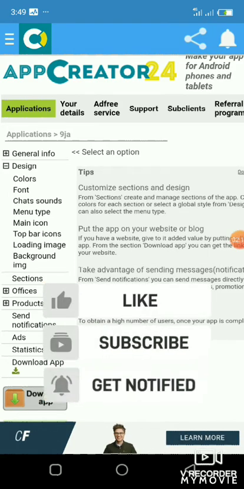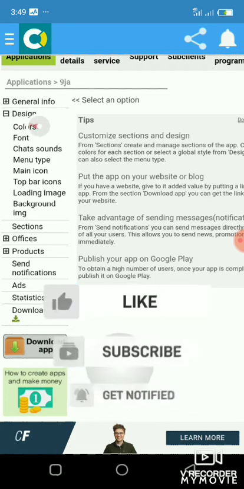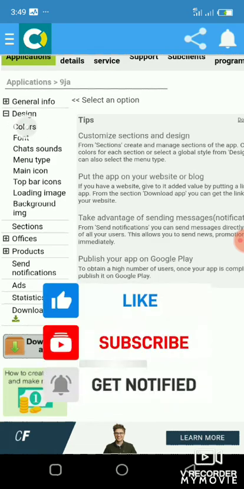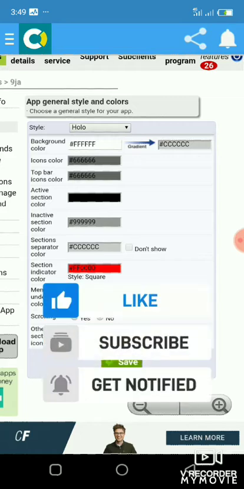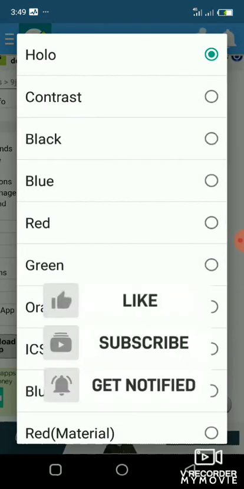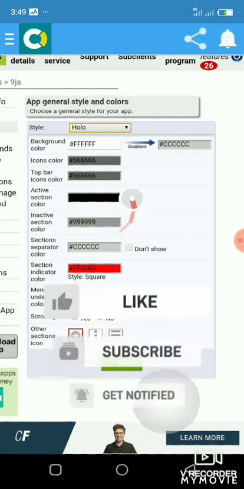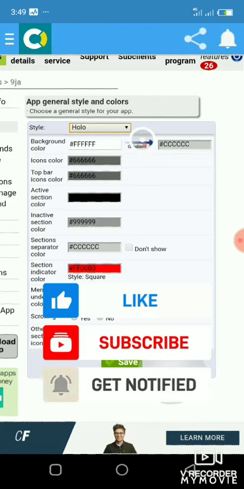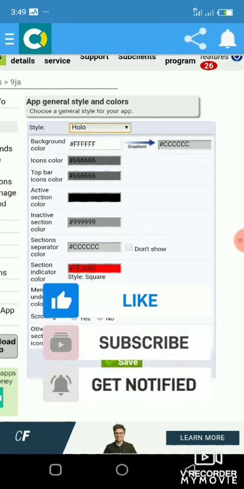So from here, I will start from this first one. Let me start from color so that you see. I'll click on color. Now you can see under this color there is a halo. Please let me tell you something. When you come under this color, don't try to change all those ones because those are for professionals. The next thing, just go to this style. Then you see this halo. Then you choose the color you want.